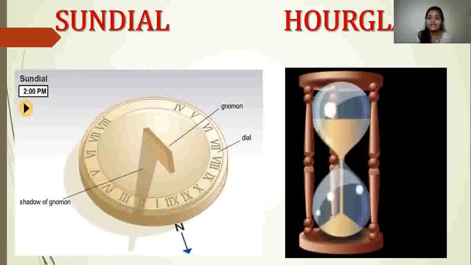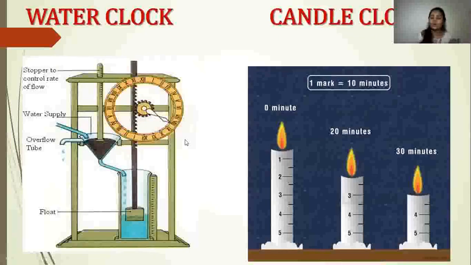Now the next type of clock used by the people was the water clock. The water clock works on the same principle, or is somewhat the same as the sun clock; the only difference is the use of water. Here the water flows in or out at equal intervals, and the measure of the water collected in the container was taken. The level of the water was calculated, and based on that measure the time interval was studied.